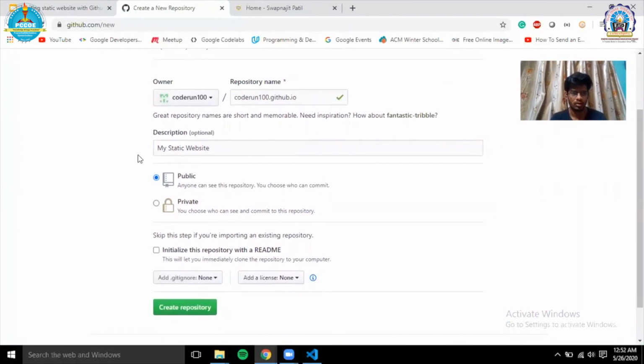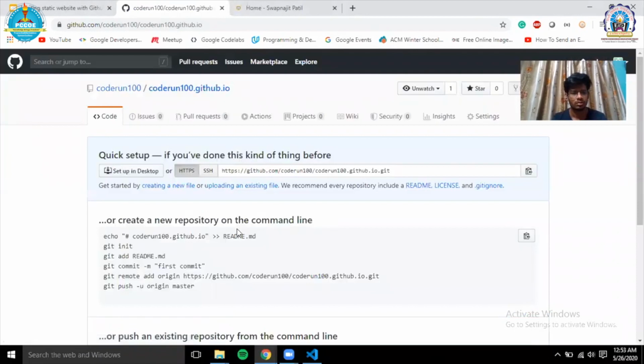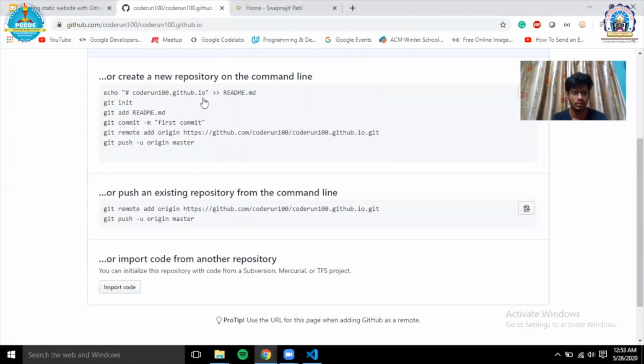So for current normal users, we will keep it as public, and we will make sure that we have mentioned the repository name in the proper way. Now click on create repository. So you can see that my repository has been created, but we haven't added any files to our repository yet.